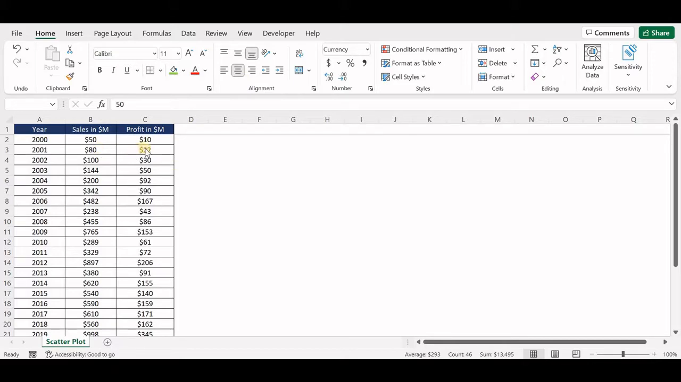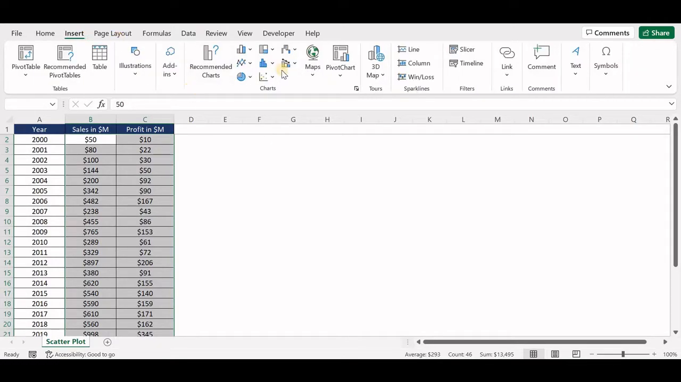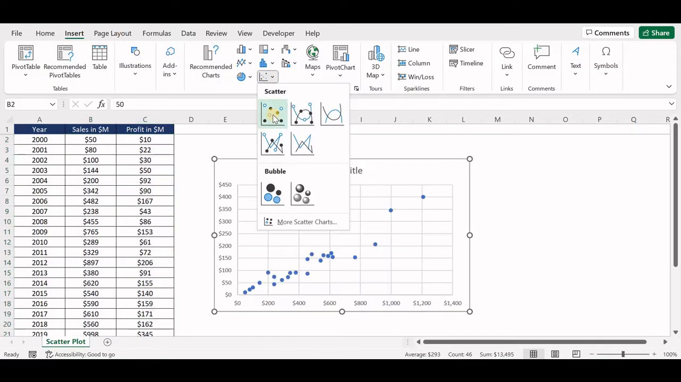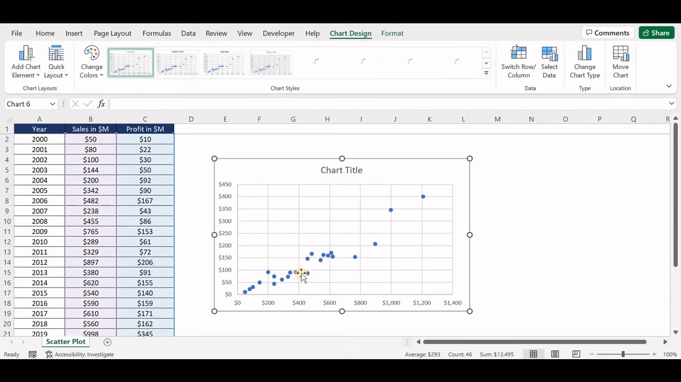So I've got some sales and profit numbers of an organization starting from the year 2000 till 2022. To create the chart, we are just going to use these two columns, sales and profit, because a scatter plot allows for only two variables. Once you select the data, you go to the Insert tab, click the particular icon, and select the simple scatter, and there